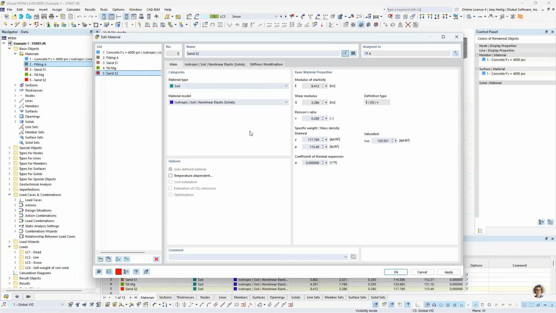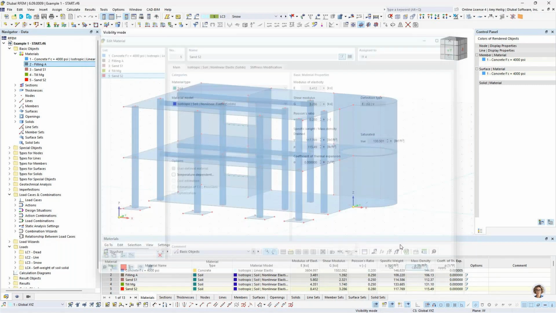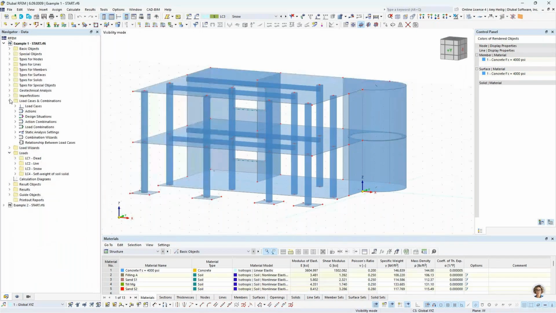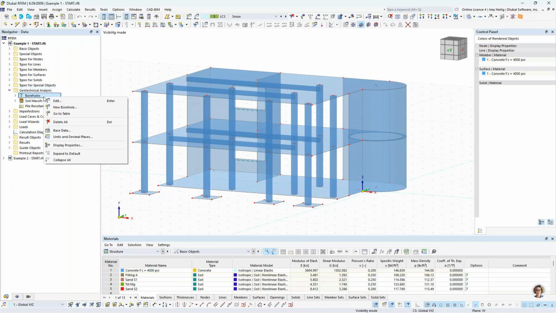So once we have input all of our materials, we're ready to create our first borehole. I'll go ahead and collapse these folders over on the left here within our navigator. And you'll notice that we have the geotechnical analysis folder. Again, this is available because we've activated that add-on where we can right click here to create our first